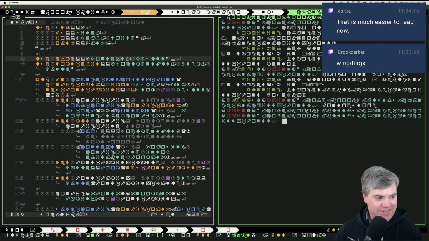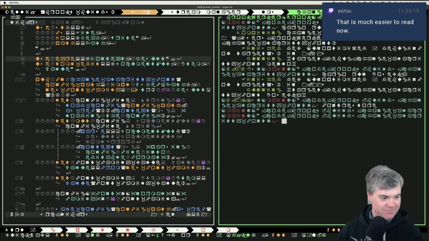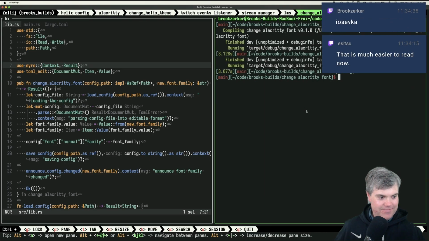And because I'm only changing this, it's much easier to read now. Yeah, I mean, very true. This looks surprisingly good. Changing Alacritty font to Iosevka. Okay, so